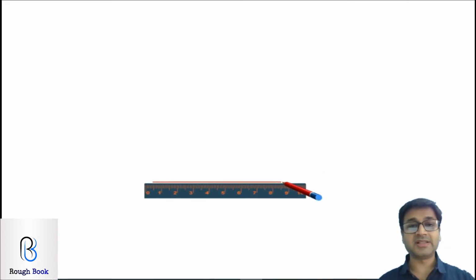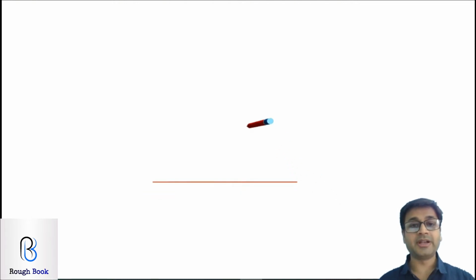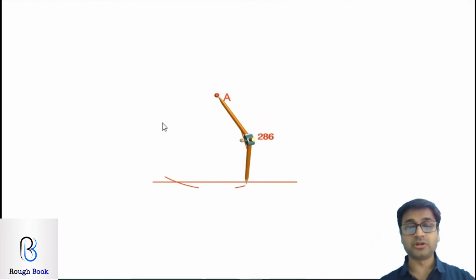Once you've drawn the base and the point A outside the line, take your compass, keep it on point A. Take a suitable radius so that it can reach the bottom line, and cut your arcs just like this, as you can see on the screen. So you have to cut two arcs, one here and the second one here, both of the same radius. Can you see these two arcs?